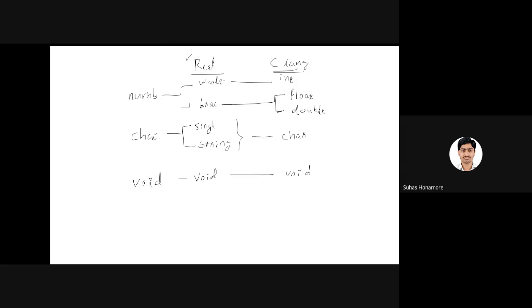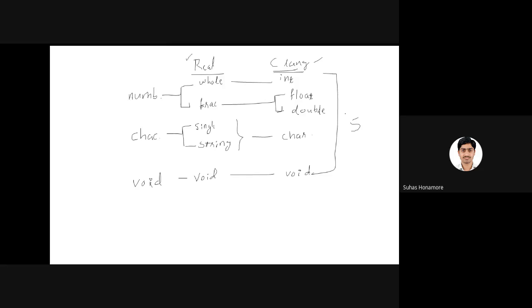So whatever we use in real life is converted into C language. The whole number we say integer, the fractional part we say float, and this one we divide into double also. Why we divide into two things, that also we'll discuss. These two things are converted into one thing here, and why it's combined, we'll discuss too. And for not knowing anything, we directly got void. So these five things we call data types in C language.